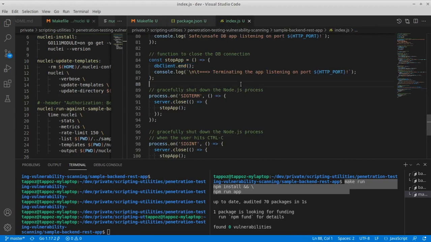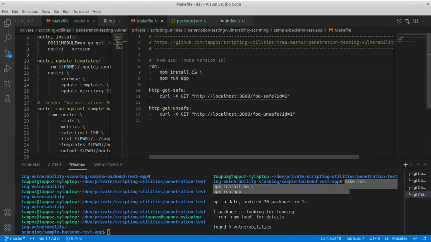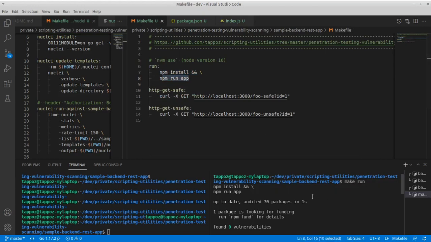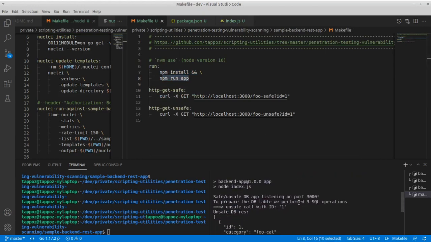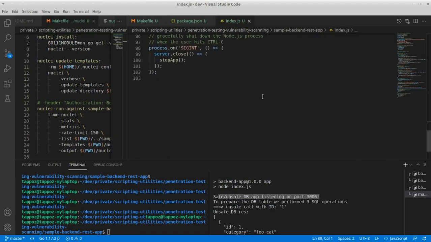So it's going to run this code. So when we install all the packages and invoke npm run up, we get our server up and running that is printing this. We see it here